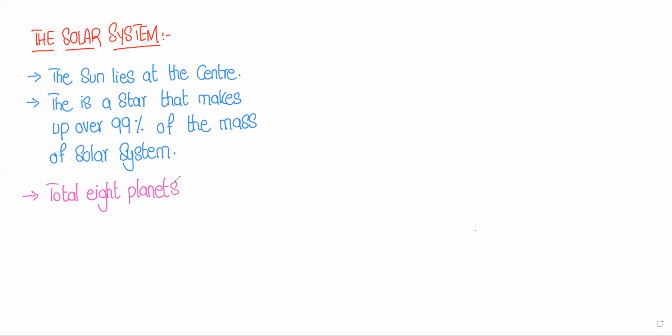There are multiple solar systems in our universe, but for timing we are only talking about our solar system, in which Earth is revolving around the sun along with some other planets. So basically there are a total of 8 planets, plus some unknown planets which are known as dark planets, just like Pluto. Initially we considered Pluto a planet of our solar system, but now we exclude Pluto because it is a dark planet.